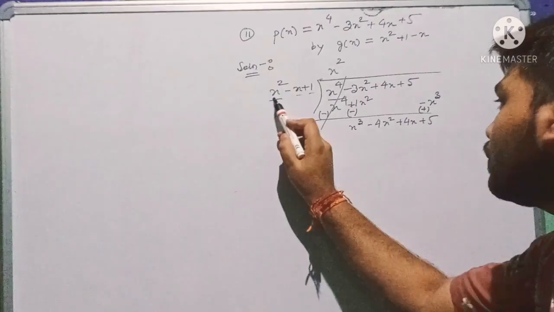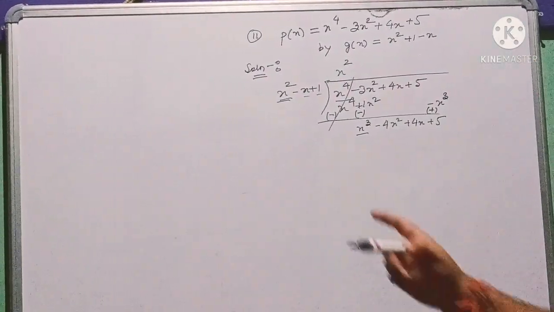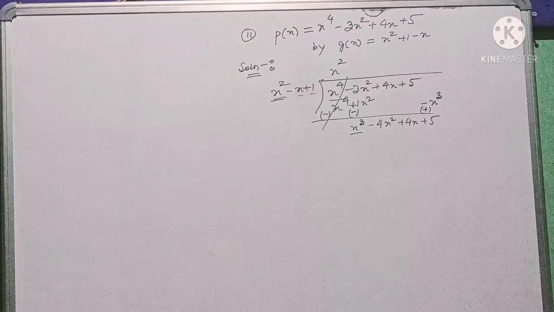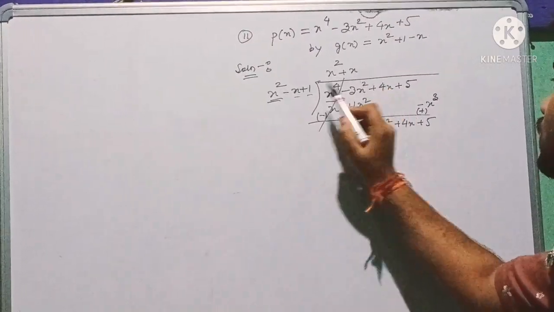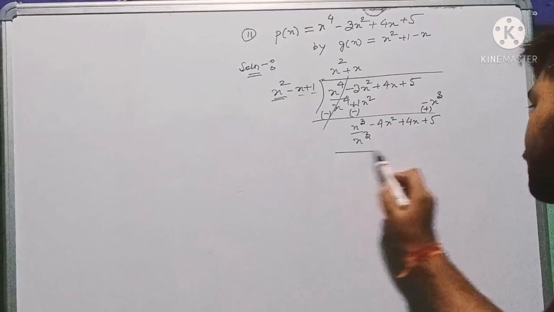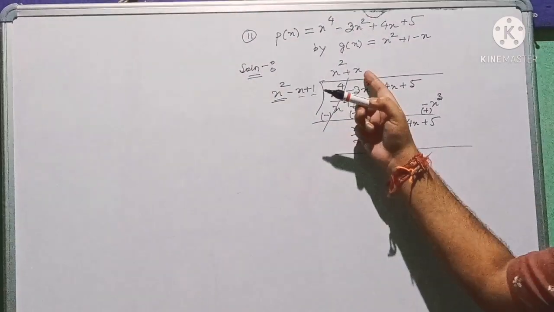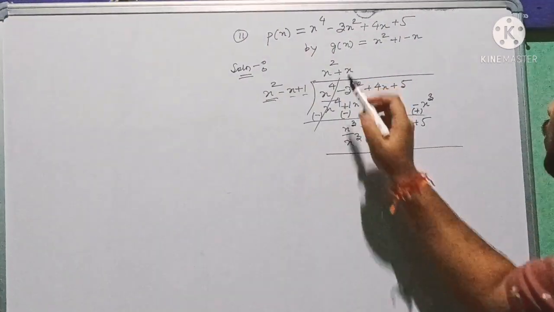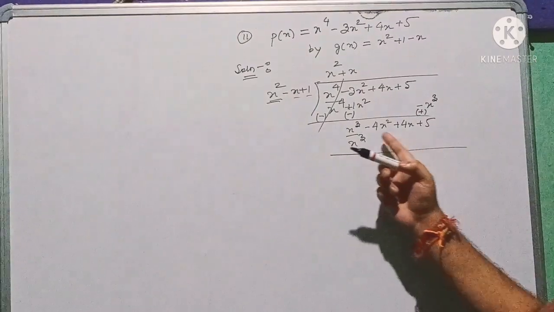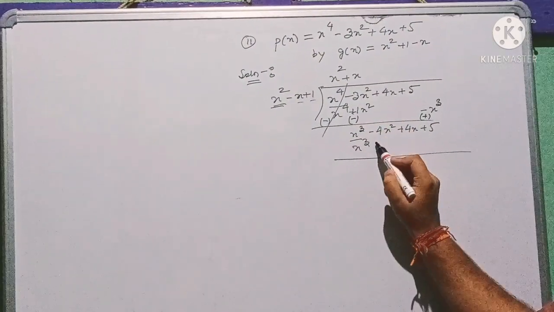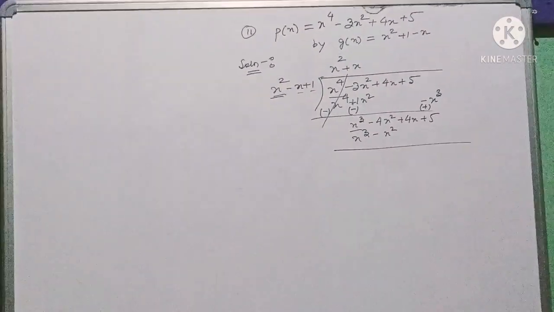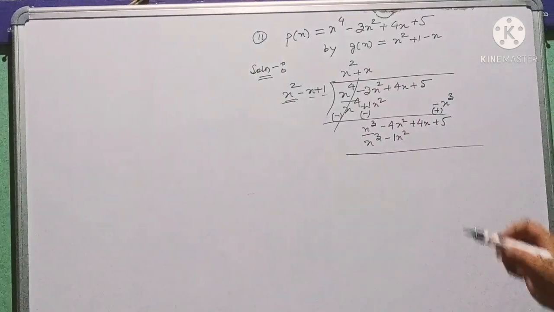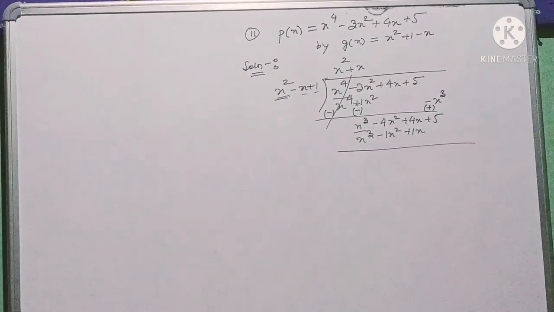Now again you see this term and this term. What is the difference? Here there is 2x, here there is 3x, in terms of multiplication, I am not talking in terms of plus. Now you have to supply one more x, so that x square into x is x cube. As before, as you have supplied this x, now you have to multiply the other two terms also. So minus x into x is minus x square. Where there is an x square term, you have to put this minus x square below it. Minus x square means you can give a 1 also here. Now 1 into x is 1x, or simply x you can give.